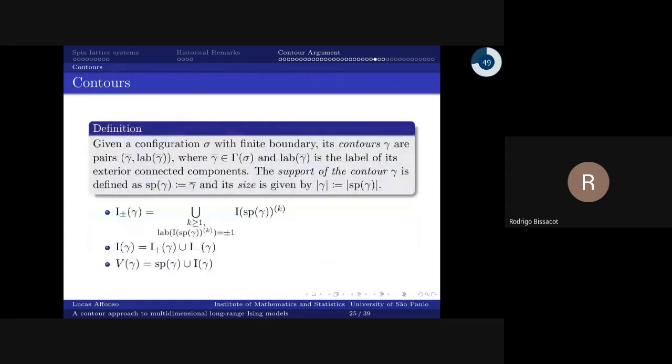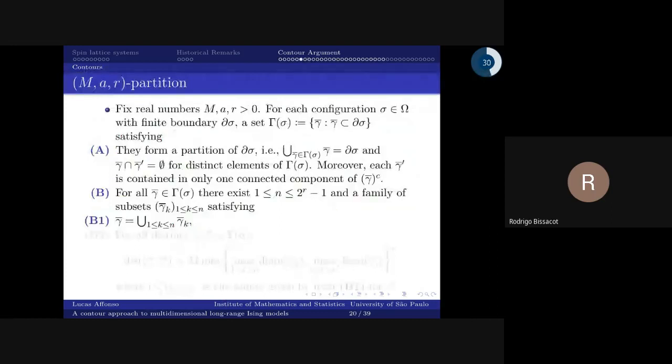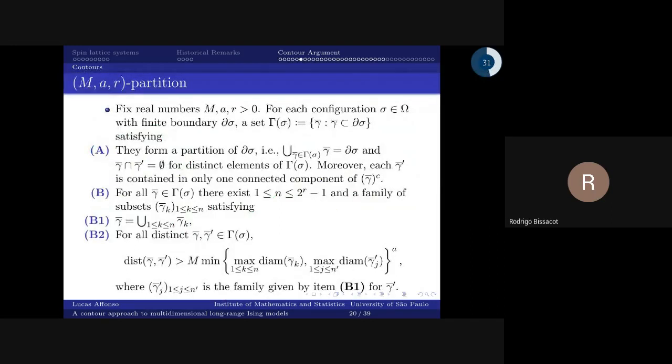Maybe it's not clear for people that are not aware about this, in the definition of contour, Lucas. Okay, the MRI partition. Yes. Sorry. You see, okay, stop here. You see that there is this condition B, and this was our, let's say, main contribution on